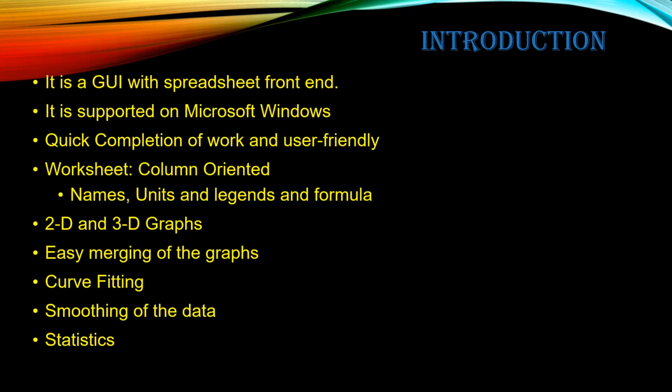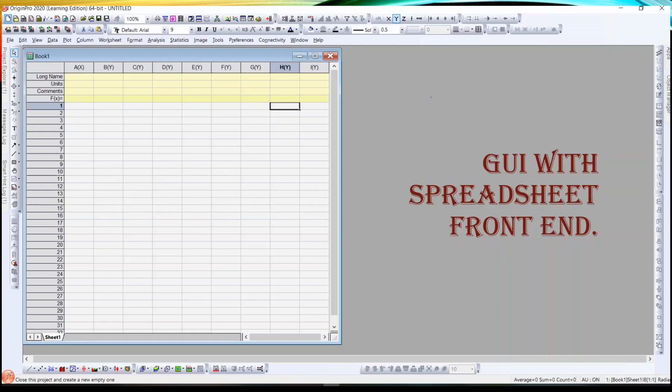So in this course I am going to explain 2D as well as 3D graphs and how to merge the graphs. Merging of 3 graphs or 4 graphs using 2 columns and 2 rows or 3 columns, 3 rows. I'll explain those things in the later videos. You can also do curve fitting of the big data, and also you can smooth the data, and the statistics also can be done similar to the Excel. So coming to the next slide,